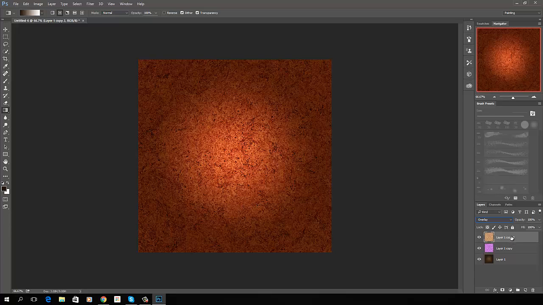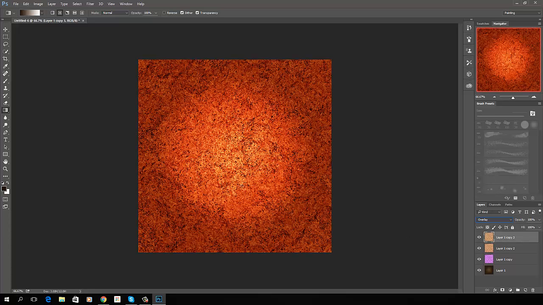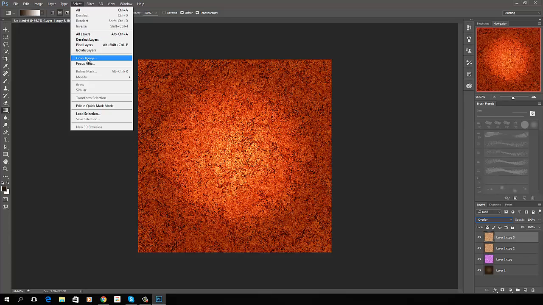Alright, now that we have this layer, we're going to copy this again. Ctrl-J. And with that overlay, that's really starting to brighten up. Alright, now we have some nice rust colors going. But we want to take some of this out and begin to blend these a little more unevenly than just the overlay does. So we're going to go up to Select, choose Color Range,